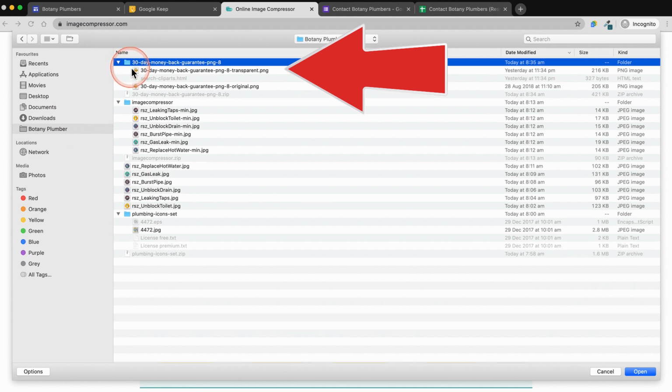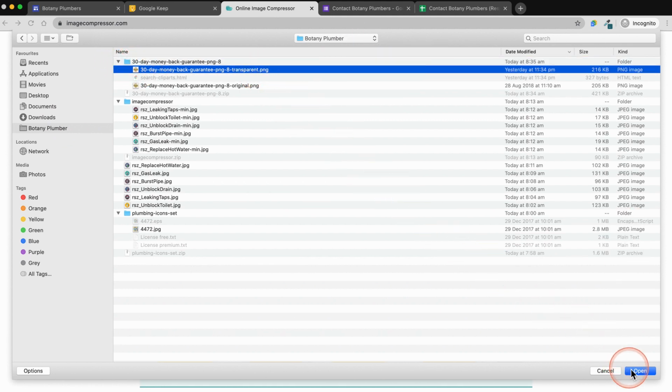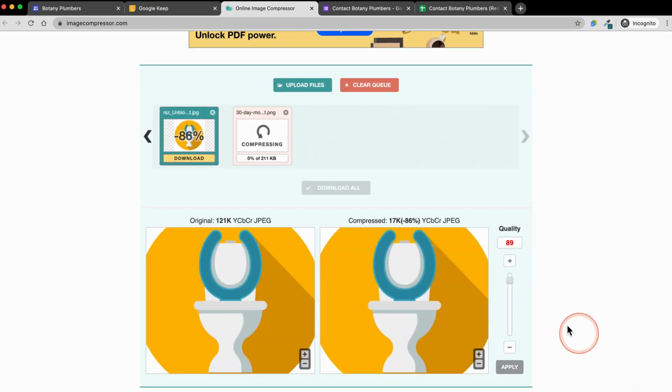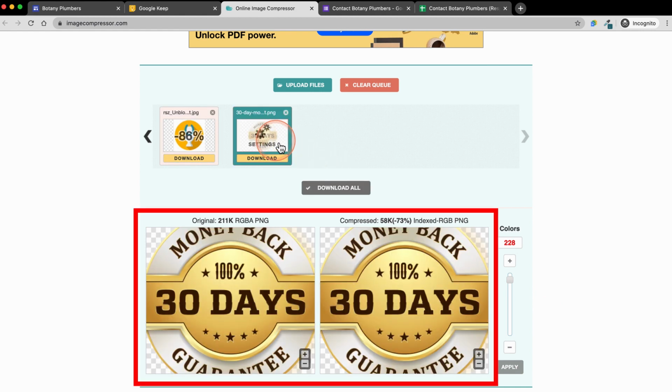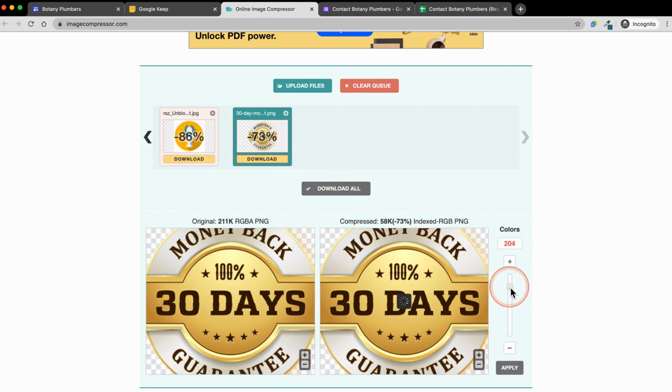Choose the transparent image. This means it has a transparent background. Once your money-back guarantee icon is uploaded, you can click on it, and down below you'll see the two different images. One is compressed, which is on the right by 73%, and the original on the left. You can go ahead and use the slider on the right to further compress your image so it's even smaller,